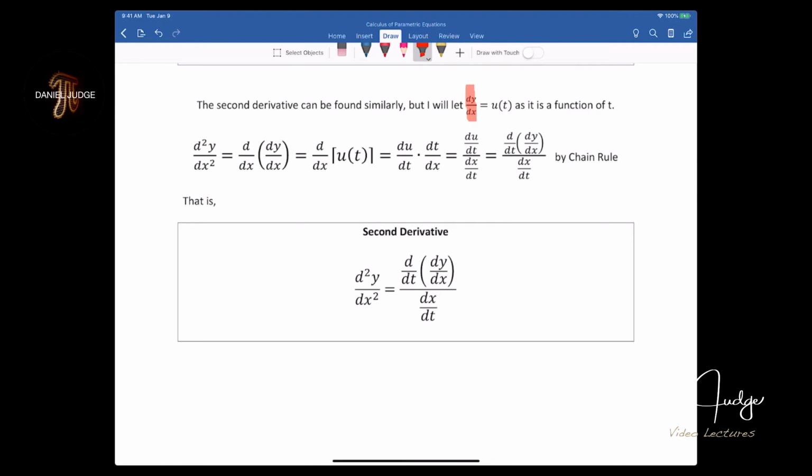It was a function of t, remember? So dy dx is a function of t. That's the key. Now you wrote that in words: it's a function of the t variable. You guys saw it in the last example. So when I use the definition of the second derivative right here, that's the derivative of the first derivative. I've got to plug in. Here's the derivative of that first derivative,